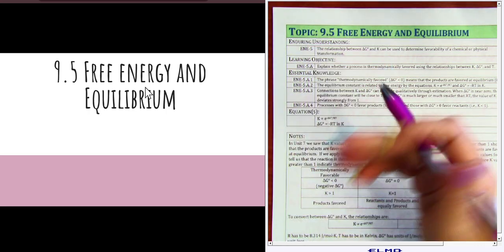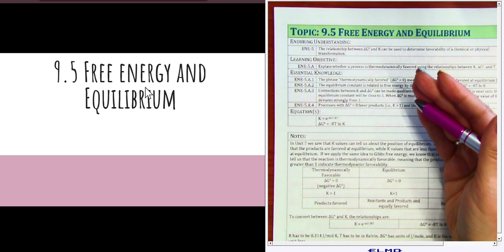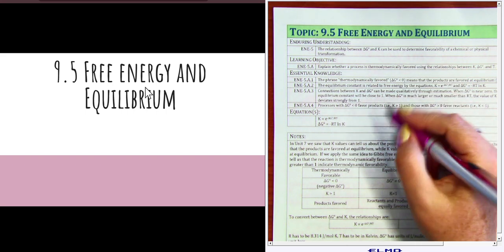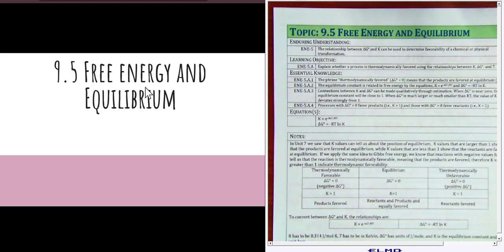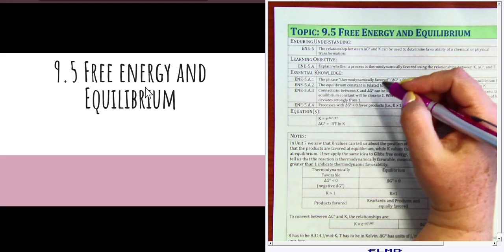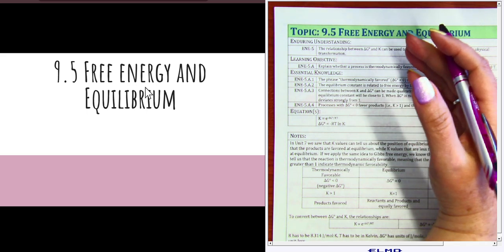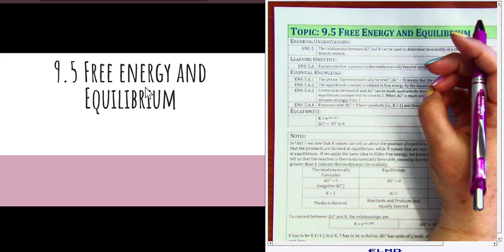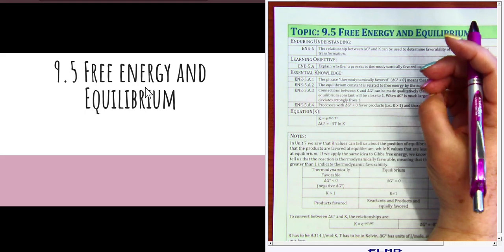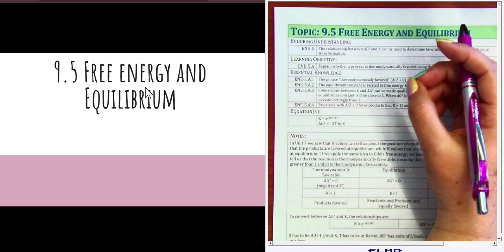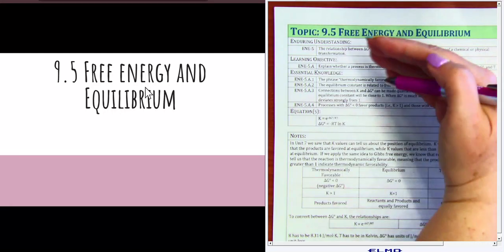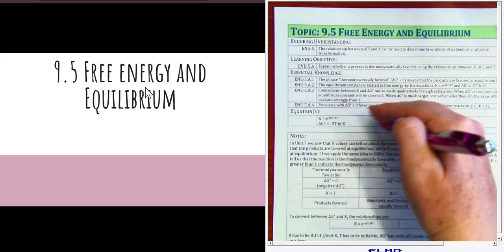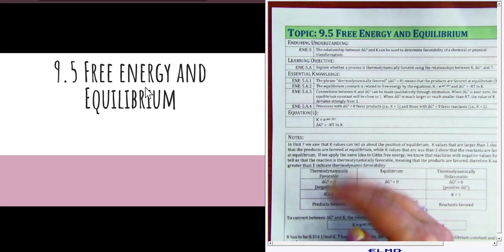So we did thermochem in Unit 6, and then the first part of Unit 9 brings in the thermodynamics part. And then here in 9.5, they start to link thermodynamic favorability with the K value, with equilibrium. And if equilibrium was not your favorite, don't panic, because it's not a lot of calculations. But if you can start to see how they make the units connect and flow, you'll see how they get part A and part B and part C and part D and so on and so forth on a